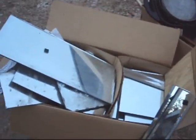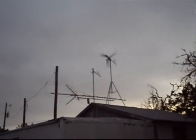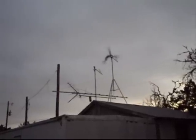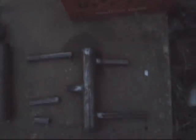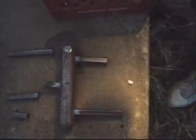And we're looking over here, a bunch of mirrors. We got some plans for this. We'll get into that a little later on. Okay, I made a bunch of these up, and these are basically the bare metal parts. If you can see the top there, where the alternator is, the mounts for the alternator, and these here actually fit a